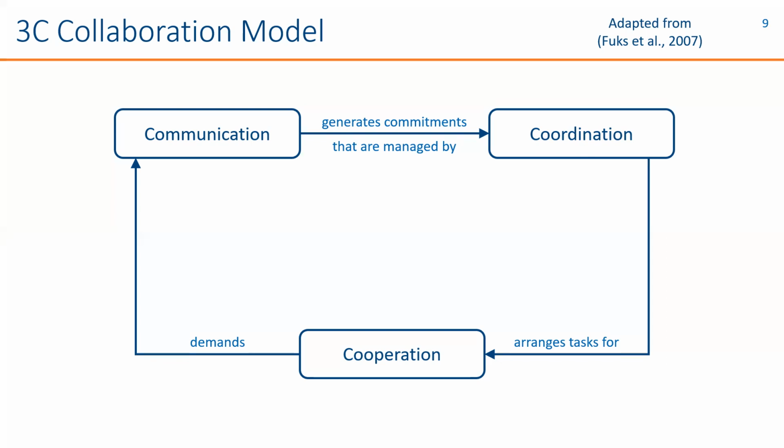Communication in the top left involves the exchange of information between people. It's that simple. In a formal setting, most communication involves the creation or resolution of commitments. Now, creating commitments like schedules or tasks requires context and resources. You need to understand what's going on right now and what can be used to make something happen in the future. So coordination is the activity that involves the organization of such commitments.